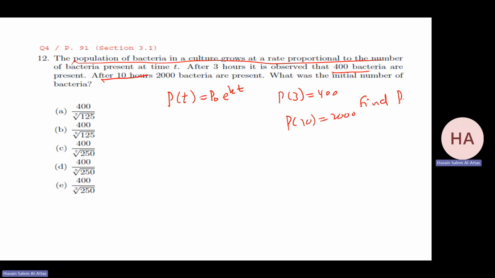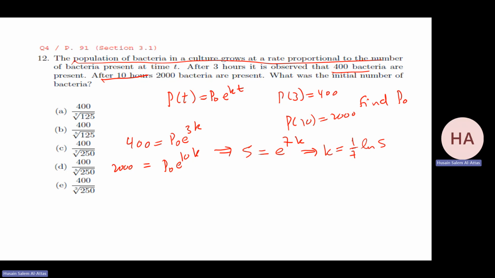Find P0. Let us do it quickly. 400 equals P0 e^(3k). 2000 equals P0 e^(10k). I divide 2 by 1. I have 5 equals e^(7k). So that implies k equals what? 1 over 7